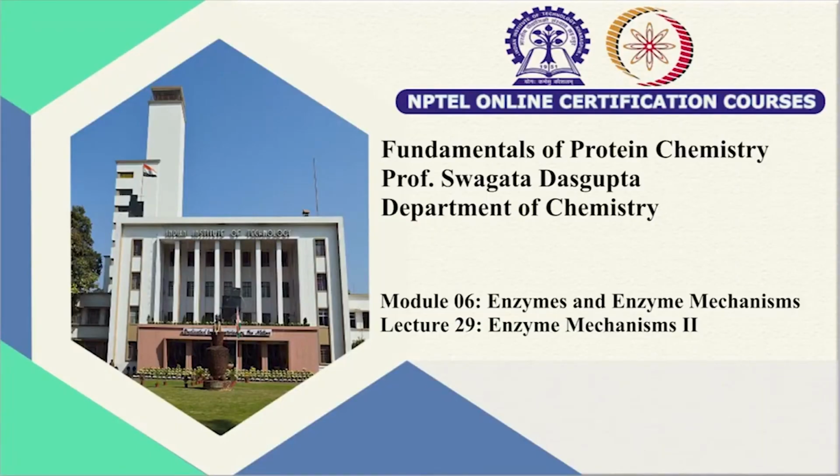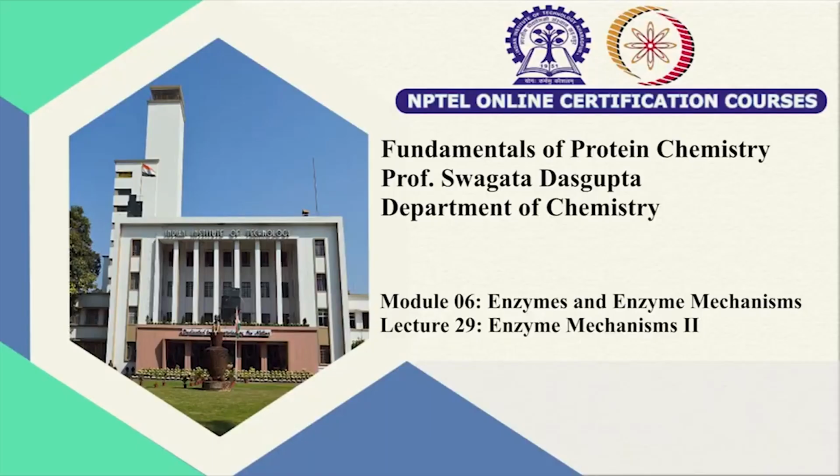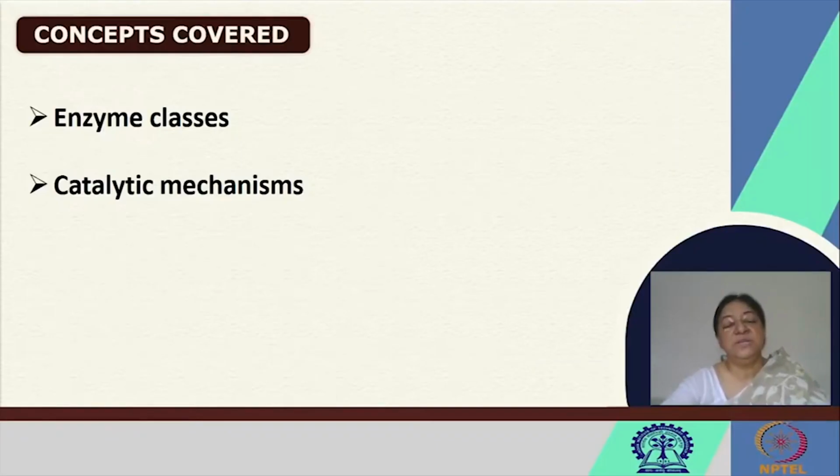In the previous lecture, we looked at enzyme mechanisms in terms of the stability of the enzyme-substrate complex, the importance of the transition state, and how the energetics are important in the formation of the product. In this lecture, we are going to look at the different enzyme classes and specific catalytic mechanisms